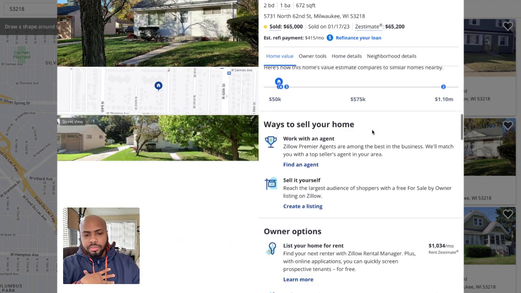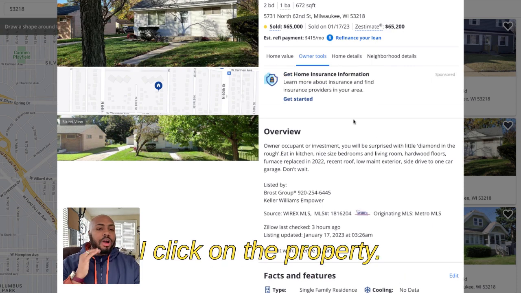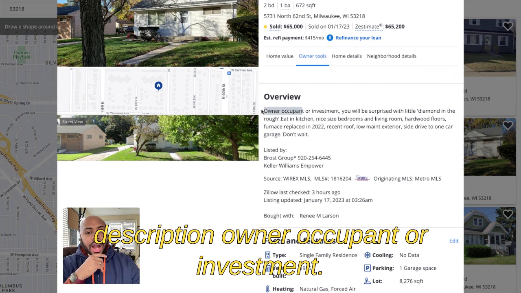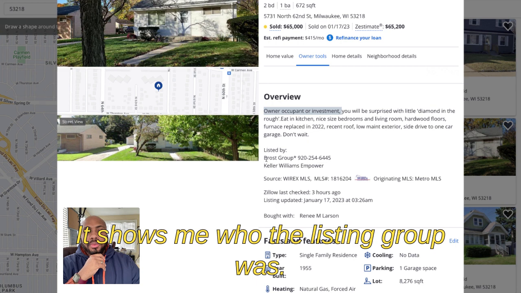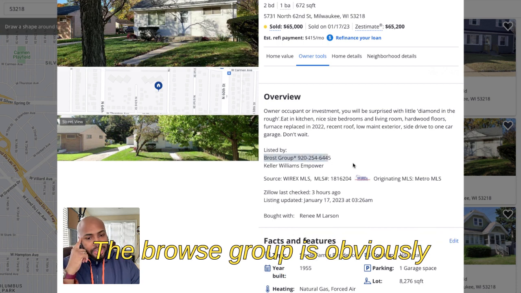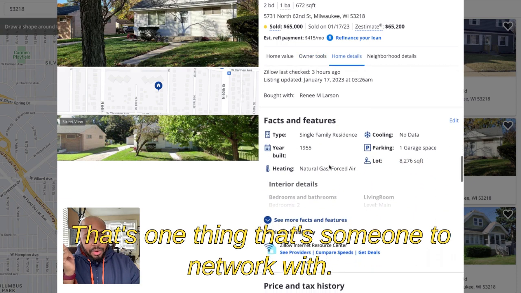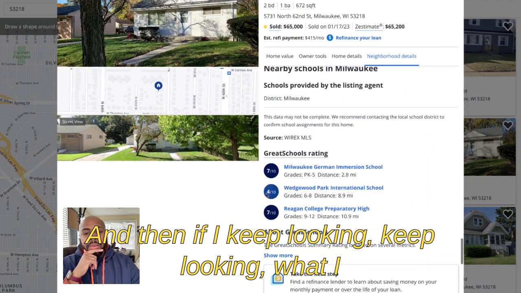And so here's what I would do. I click on the property. I go down to the description: owner, occupant, or investment. Looks like we're right on with that, right? It shows me who the listing group was. So the Browse group. So thinking, okay, cool. The Browse group is obviously selling an investment property. That's one thing. So that's someone to network with. And then if I keep looking,